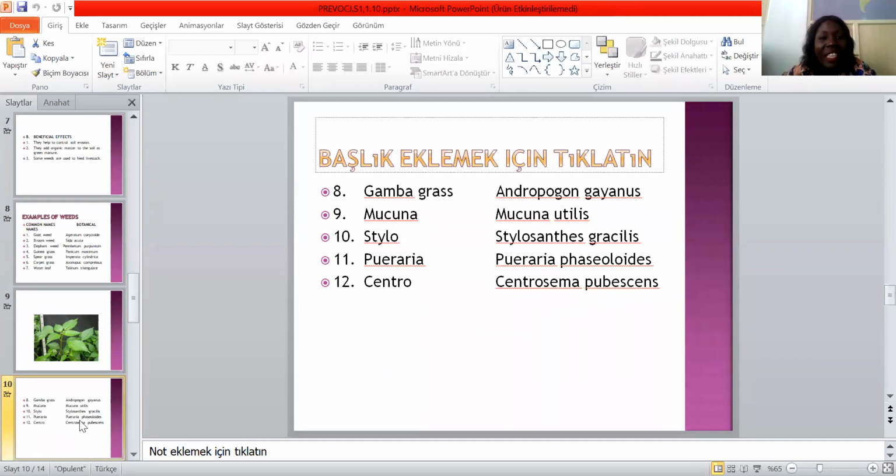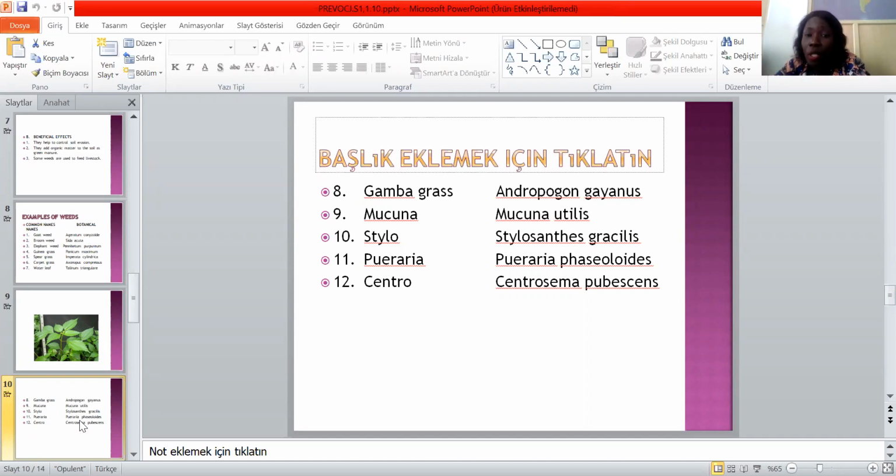Then 9 to 12 are leguminous weeds. Weeds in form of grasses, that is number 1 to 8, they provide basically carbohydrate to farm animals if you feed them to your farm animals. But 9, 10, 11, and 12, they provide protein. So as a livestock farmer, if you want to feed forages to your animals, you have to mix them up. It shouldn't be only grasses all the time. Mix your grasses with some of these leguminous weeds so that your farm animals or your livestock can get balanced diet.